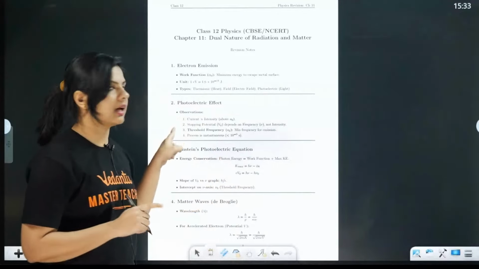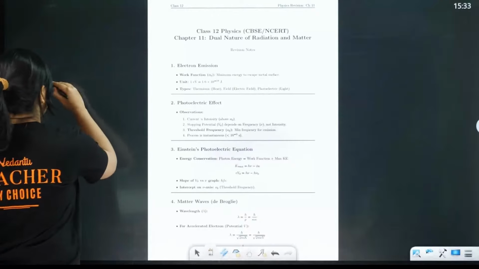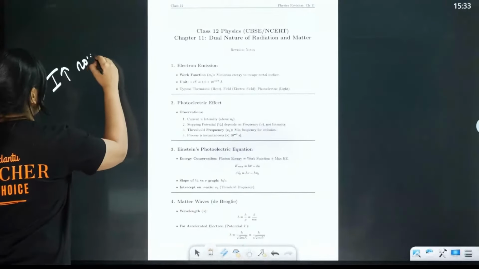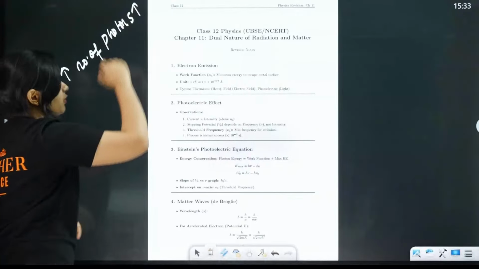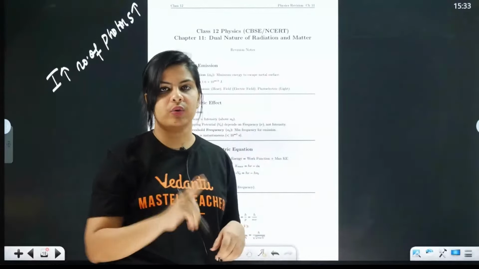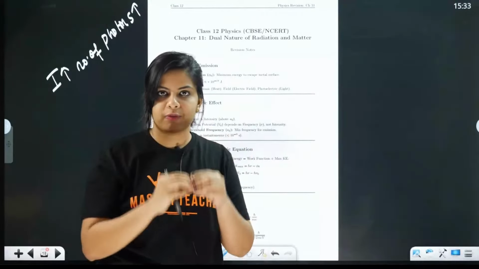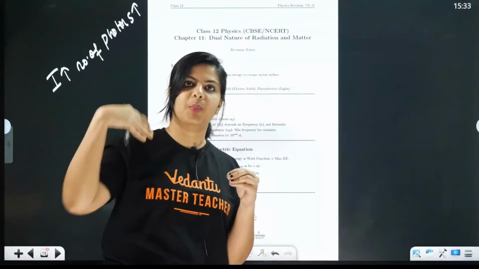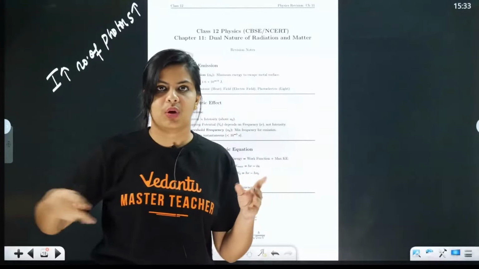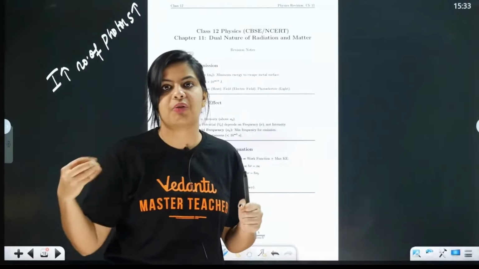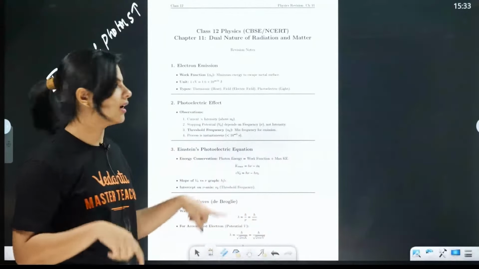Intensity and current are proportional. When intensity increases, the number of photons increases. Each photon will interact with only one electron. So when brightness increases, the number of photons increases, and the number of electrons emitted increases. That means the flow of charges, the current, increases. So we can say that when intensity increases, current increases.